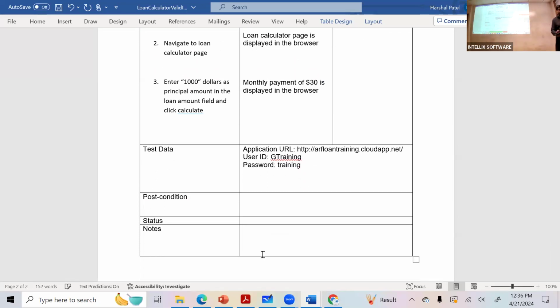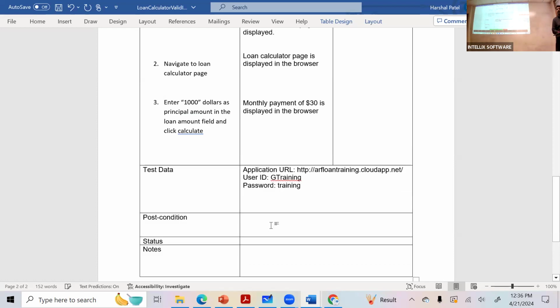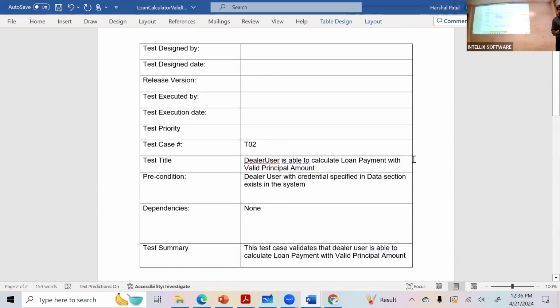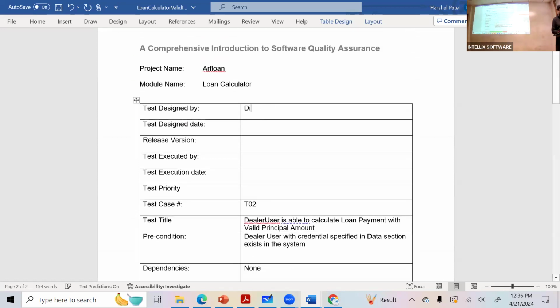Did you understand how we took, what will be the post condition? Did you change anything in the system? No, nothing, right? So then there should not be any post condition. You can populate all the other information, right?